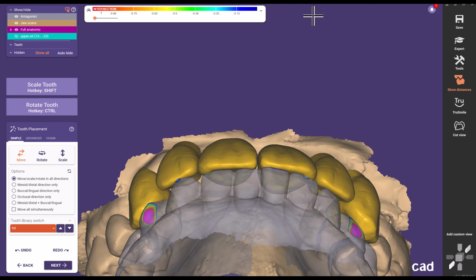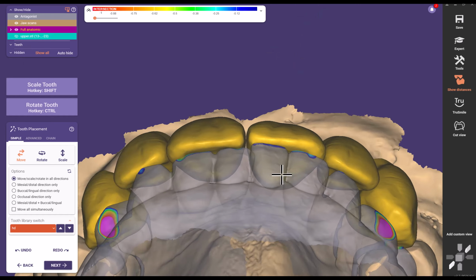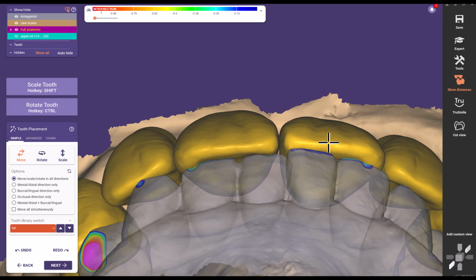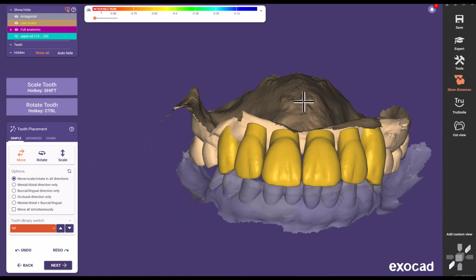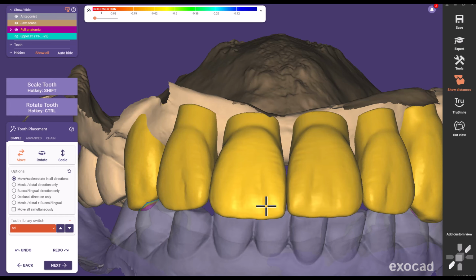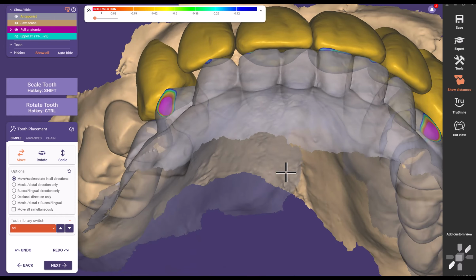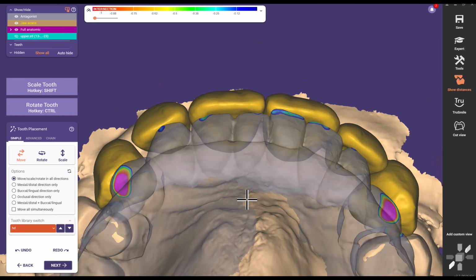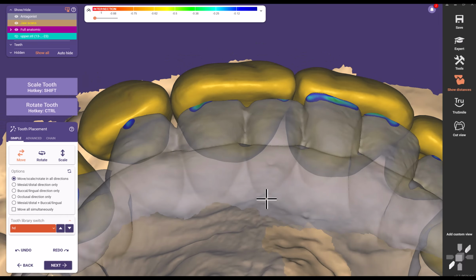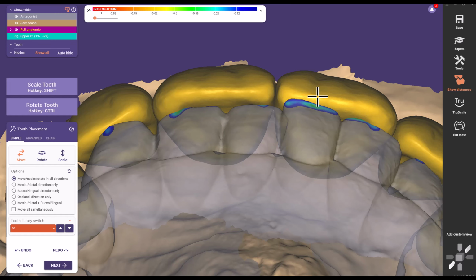So at the moment, what I'm doing is I'm trying to look at symmetry. The number one thing that's going to jump out to your eye if they're off is the centrals. So the facial surface and the incisal surface of those centrals need to be on the same planes and really lined up well. All right, so I've got the sizing approximately correct. And again, it will be end to end. I'm probably in the next step going to end up bringing out this